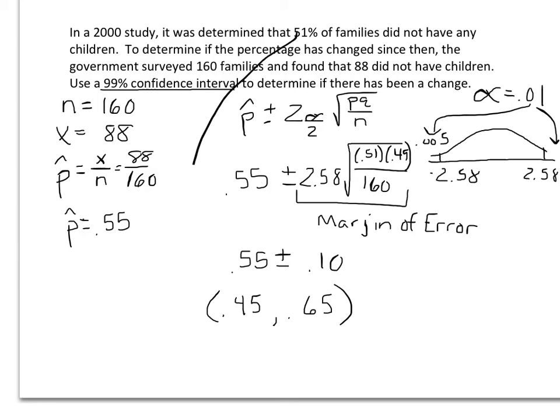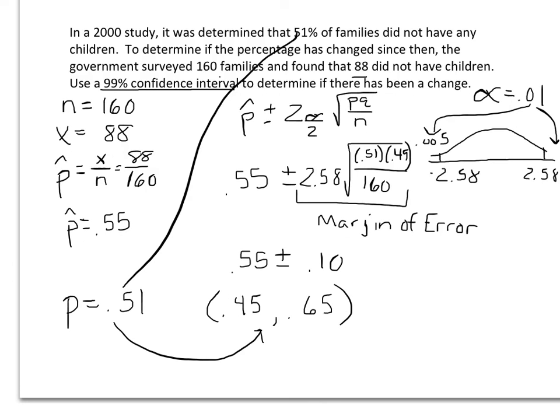Well, the parameter they're looking at here, this is what they're testing. Well, 0.51 is inside that interval. Since 0.51 is in that interval, this new data, these 88 families out of 160 that were surveyed, does not indicate that there's any difference. And the reason is, since 0.51 is in this interval,